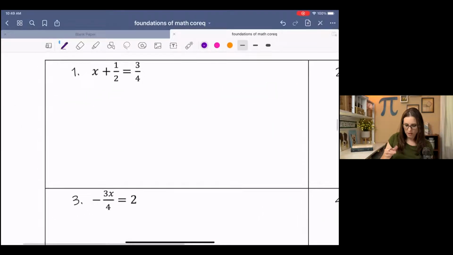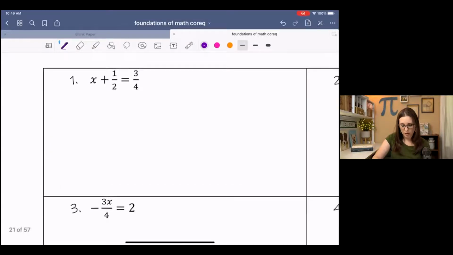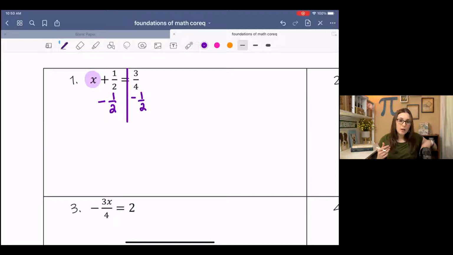So let's look at this first example. X plus a half equals 3/4. It might help to set up a boundary where the equal sign is. And as a rule of thumb, if you want to move anything over the boundary, you have to use inverse operations. So if my goal is to isolate X, then that means I need to move positive 1/2. So that means to move it, I'm going to have to do the inverse, negative 1/2, and put that on the other side to keep it balanced, because I can't just magically move something. I have to keep it balanced. It's like a scale,